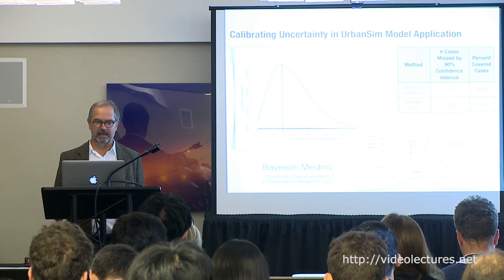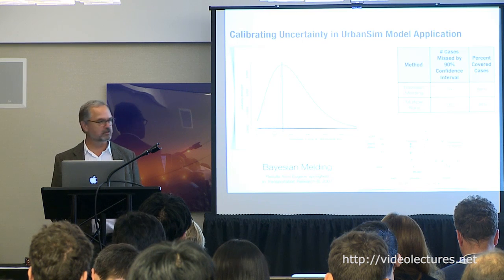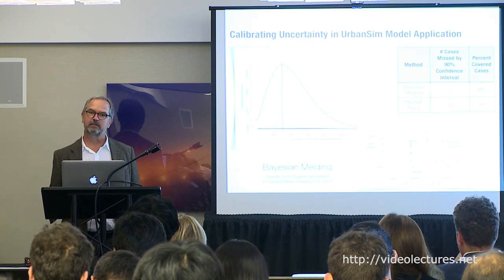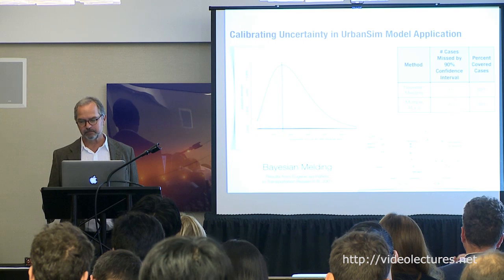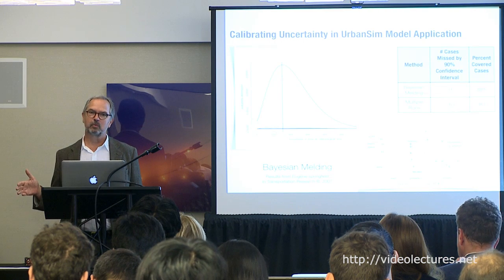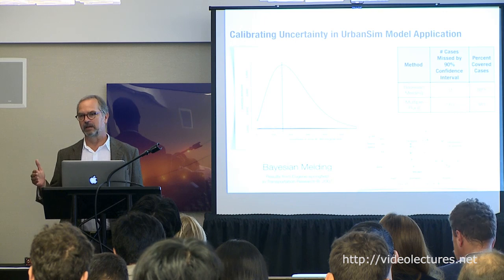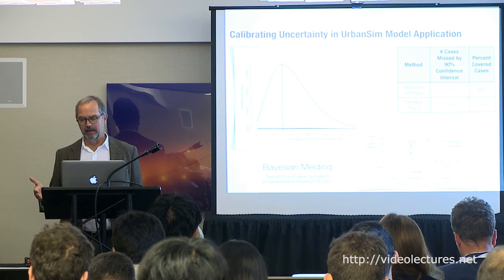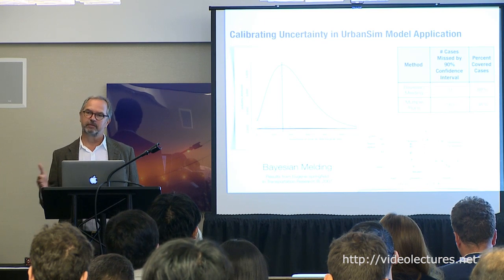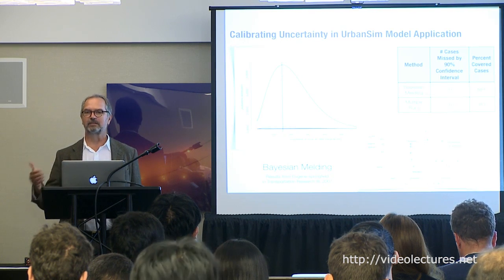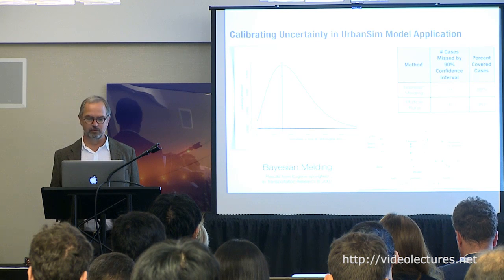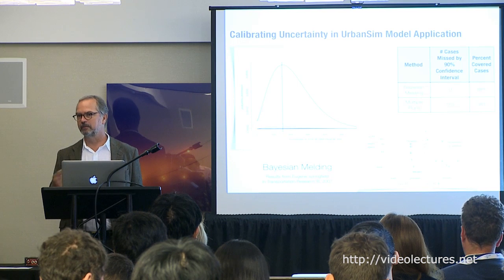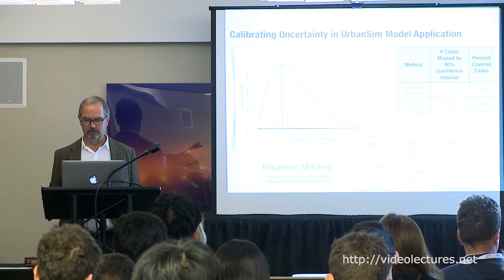We adapted it to these stochastic models. What that allows us to do is essentially take random draws from the input space, parameters and data, run a simulation with a particular draw, compare the predicted values of that simulation run to observed data, and assign a weight to that particular draw of the uncertain inputs based on the proximity of the predicted data to the observed data. And then repeat that process many, many times